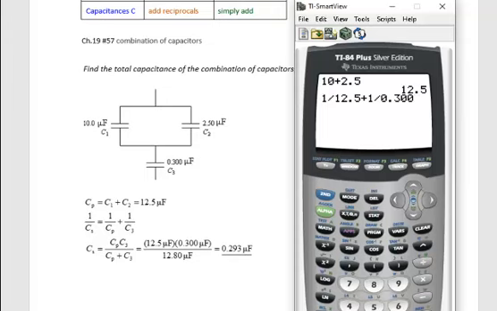I don't really need that, but anyway, enter, and then I would take the reciprocal of that. And there it is, 0.2929, rounded to 0.293 microfarad, which is what they list here as the answer. Okay, a couple of things about this one: notice the answer of 0.293 is pretty close to this